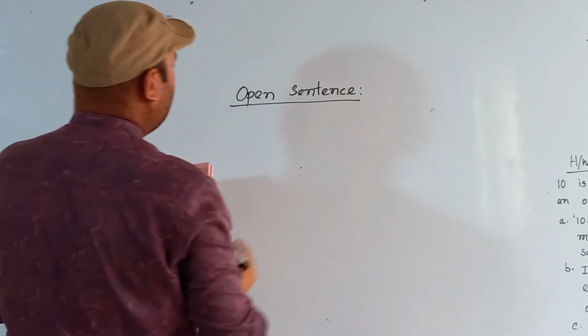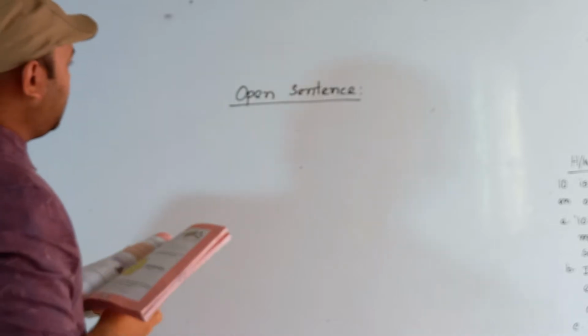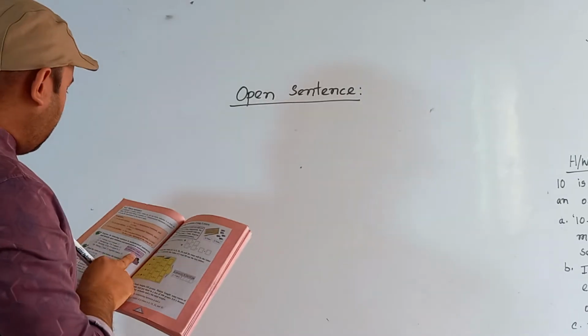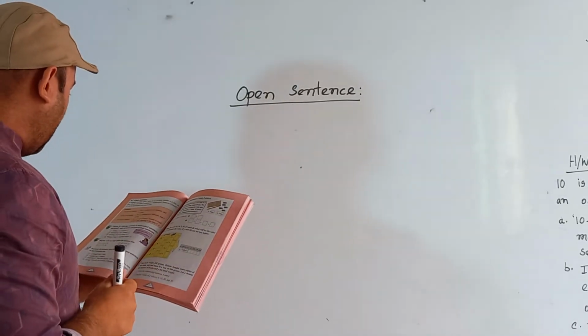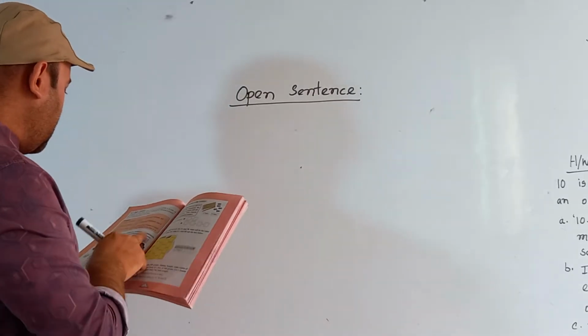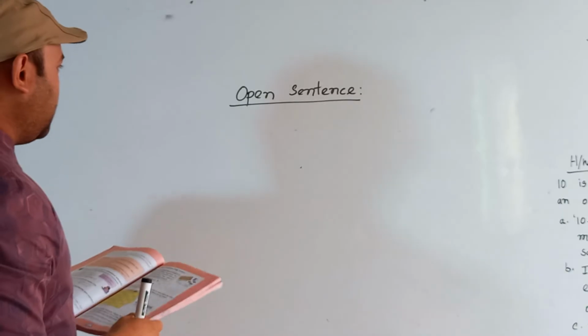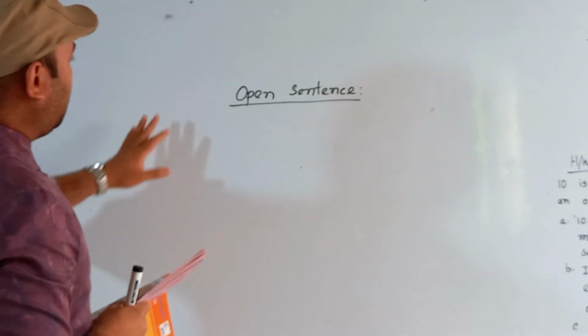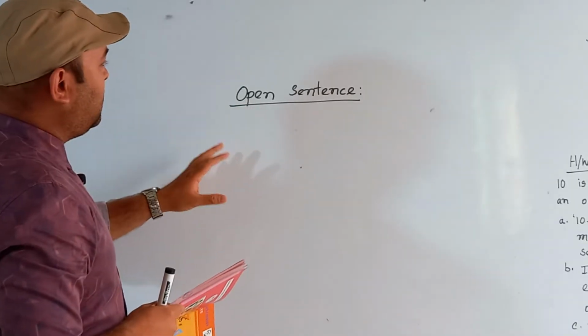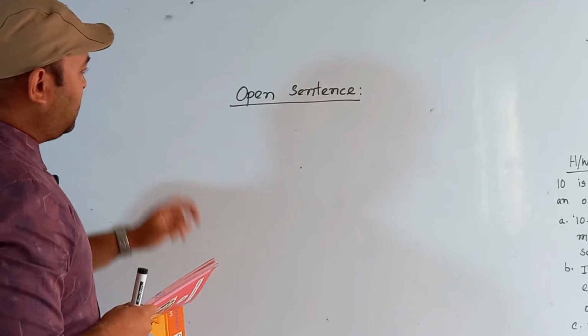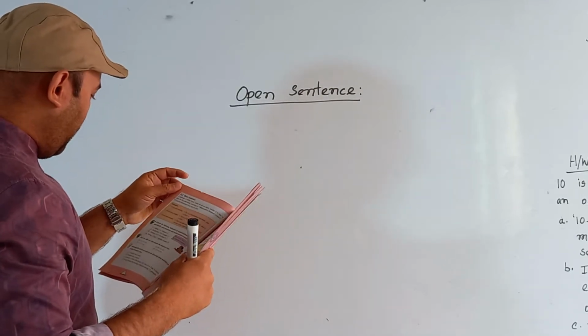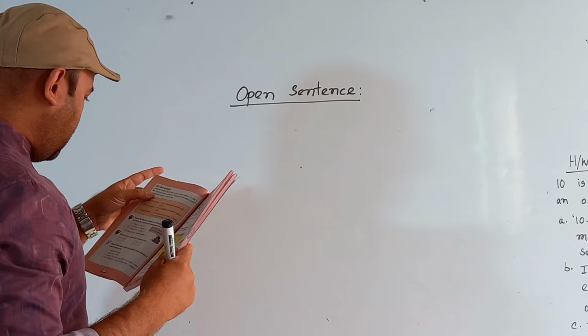We have to know this topic very carefully. Look at this, a sentence is called open when we do not know whether it is true or false. That means if we can't justify whether the mathematical sentence is true or false, then it is called